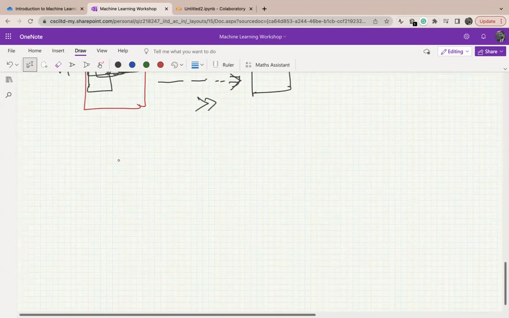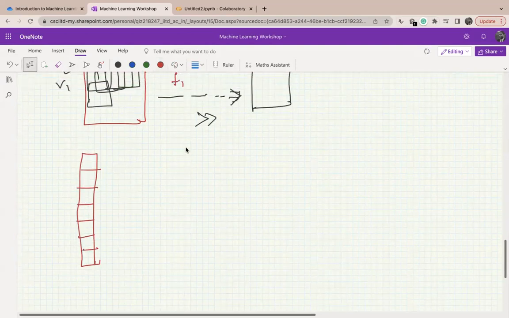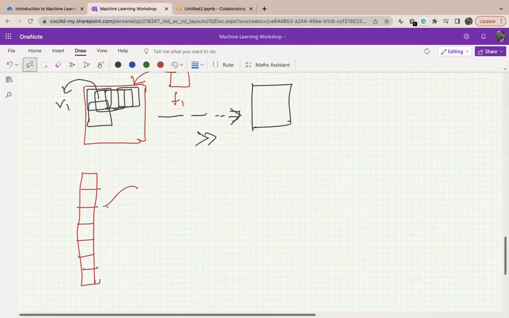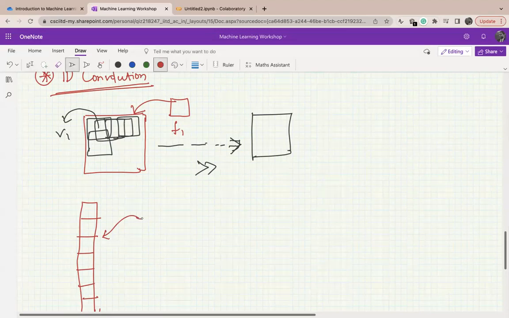But if you see tabular data, it is just a bunch of numbers, so you have a tabular data like this. You cannot use a 2D filter on it. So in tabular data, and in time series data, where time is associated with every data point, we use something called 1D convolution. The size is 1 cross 1,